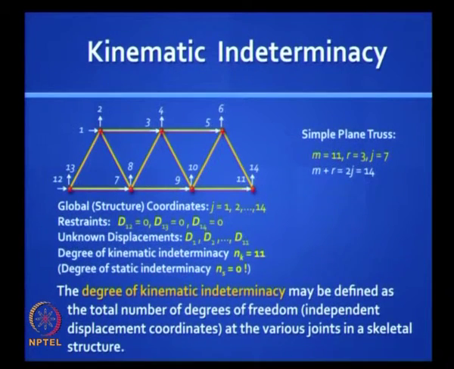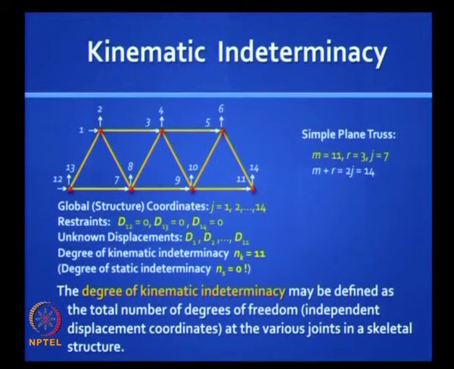For the truss to be stable, you need to arrest some of these displacements, and in this case, for example, if it is simply supported, 3 of them at least we should arrest. So let us say D12, D13 and D14 we arrest, and usually while labeling them we put the arrested coordinates to the end of our labels. So we begin with the free displacements and we end with the arrested displacements.